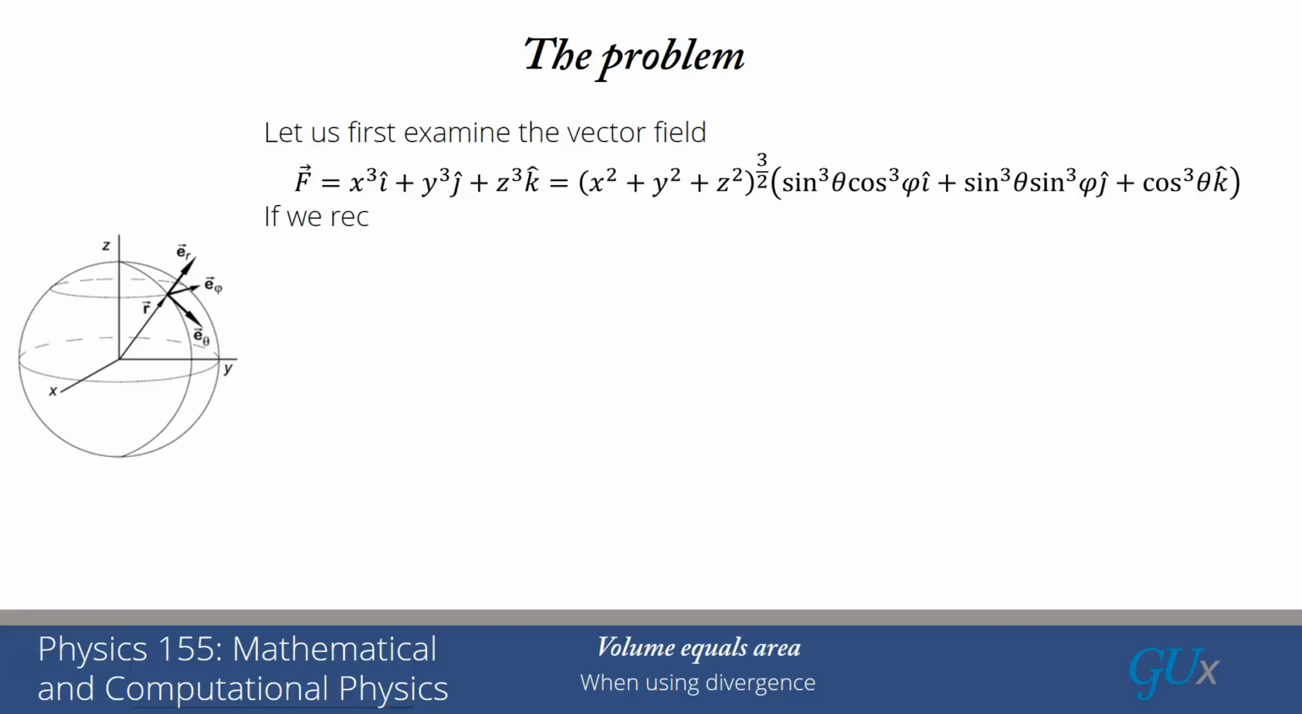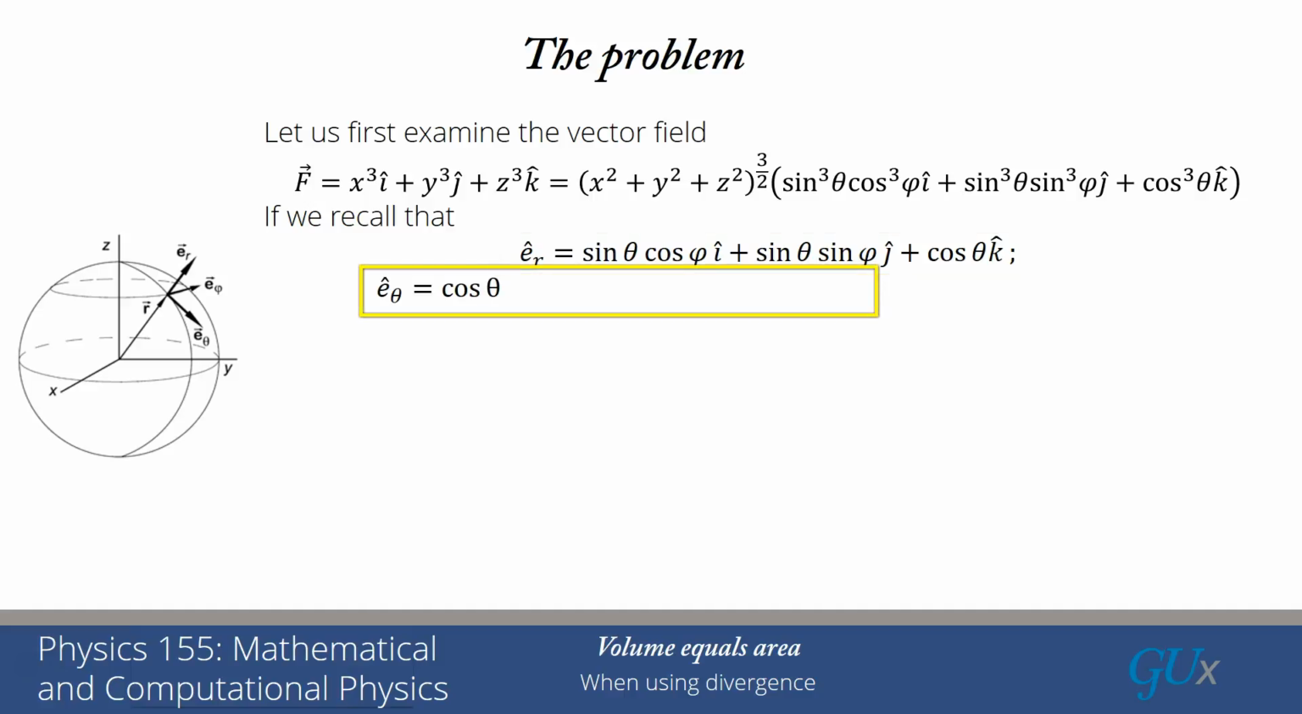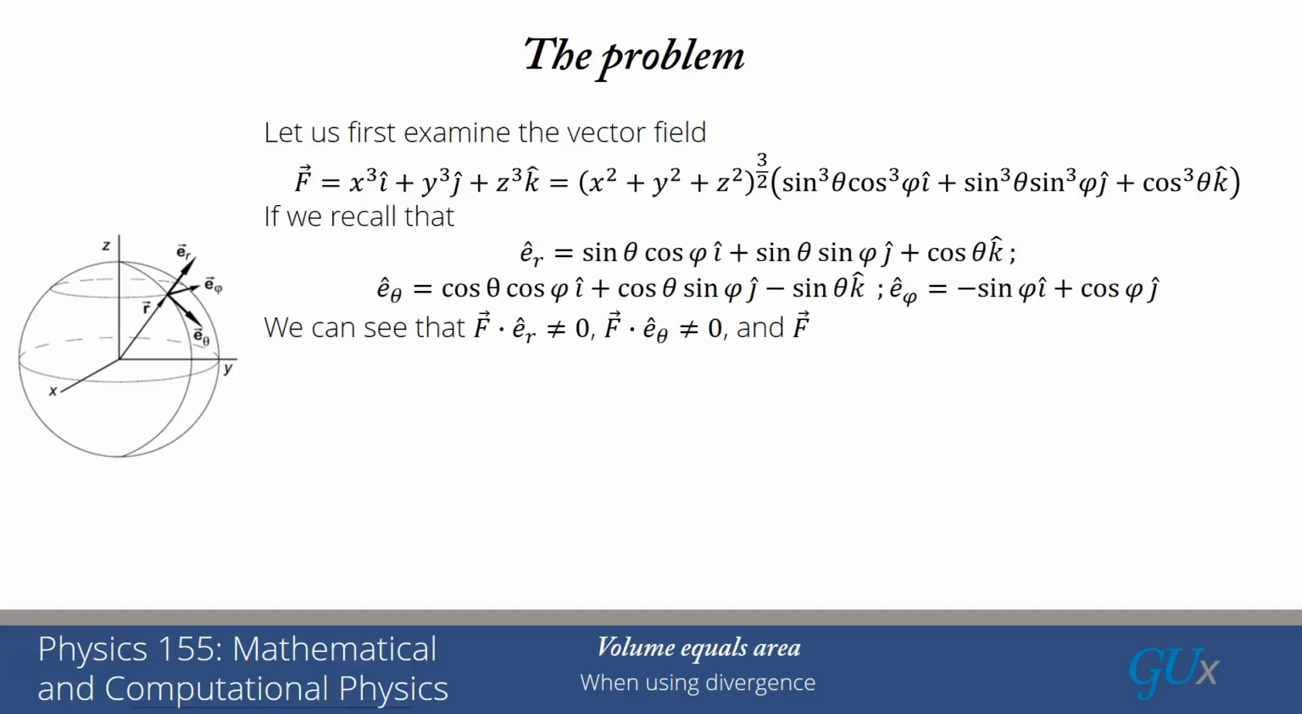But if we recall what the unit vectors are, E r is given by sine theta cos phi i hat plus sine theta sine phi j hat plus cos theta k hat, and E theta is cos theta cos phi i hat plus cos theta sine phi j hat minus sine theta k hat, and E phi is minus sine phi i hat plus cos phi j hat, and you actually take the dot product of these things, you very quickly realize that none of them are zero. F dot E r is not 0, F dot E theta is not 0, and F dot E phi is not 0. That means F has components in all of these different directions, in the E theta, the E phi,